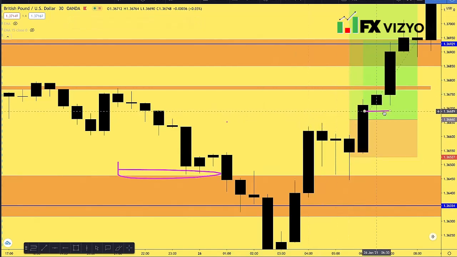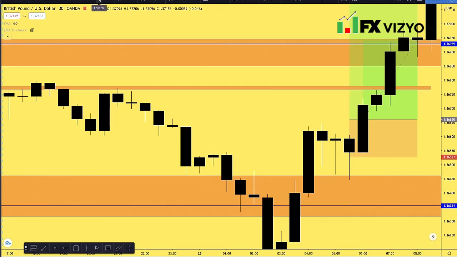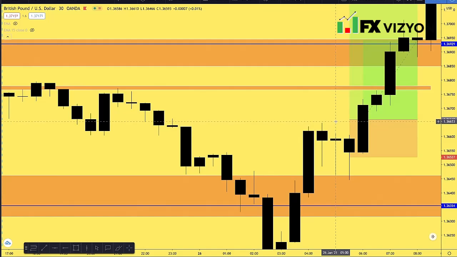You've got some persons that may use the 15-minute time frame for entry, but for me, I like to use the 30-minute time frame. So I go from the weekly with the analysis to the 4-hour with the analysis to the 30-minute with the analysis. And then this is how I enter my trades. And so once I put my stop loss in and I see that the price never goes here, I just let the trade run and keep letting it run